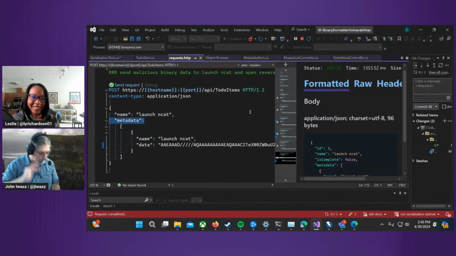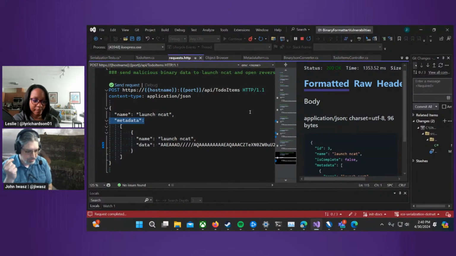So best practices. The obvious one is don't use BinaryFormatter, of course. There is the BinaryReader, BinaryWriter. That's okay. That one does not have this issue. You can try and use a serialization formatter. I don't recall the exact name of this, but it's a helper class that executes prior to deserialization, and you could try to inspect for types that you don't want to deserialize,